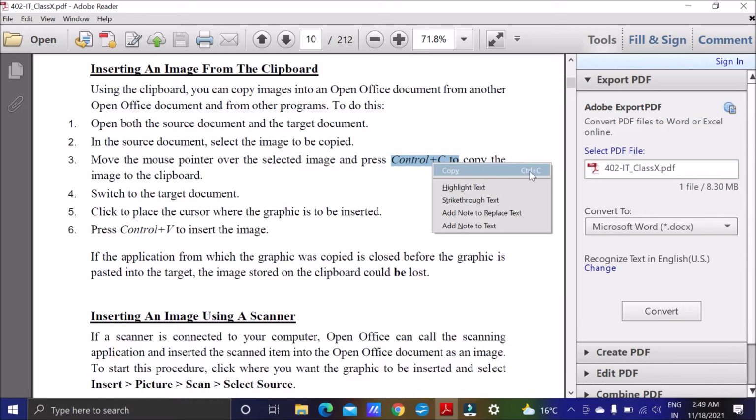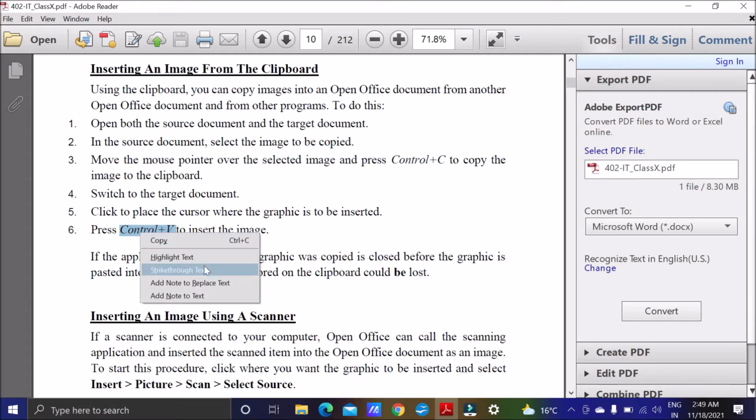So both we can do. The image will be copied to the clipboard. Then I will switch to the target location, open that, click at the place where I want to save the image, and paste the image using the shortcut Ctrl+V, or right click and then the paste option. So both we can do.